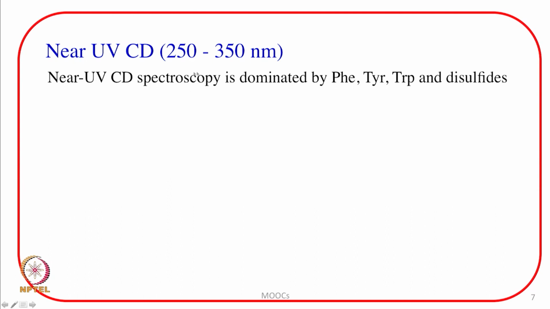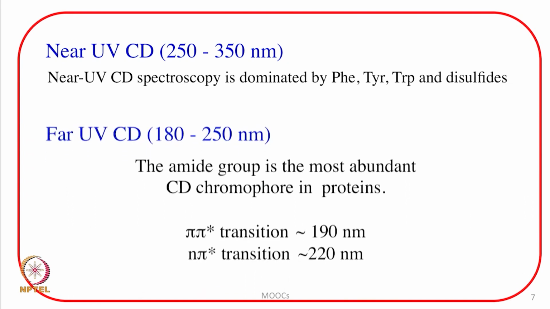Near UV CD, which is in the range of 250 to 350 nanometer, is dominated by phenylalanine, tyrosine, tryptophan and disulfides. And the phenylalanine, tyrosine, tryptophan, disulfide basically define the tertiary structure of a protein. That means near UV CD signals will carry information about the tertiary structure of a protein, and the far UV CD,